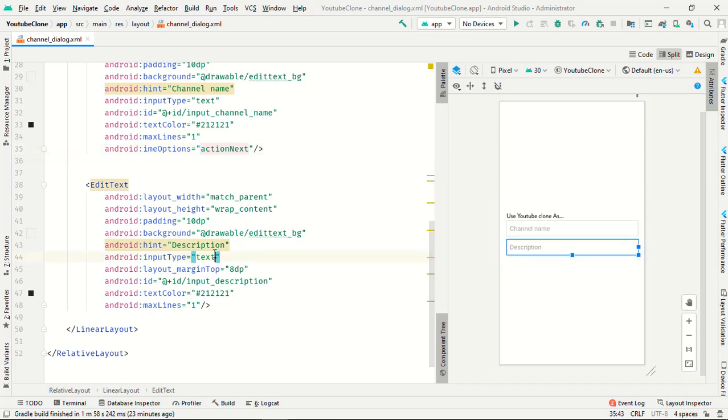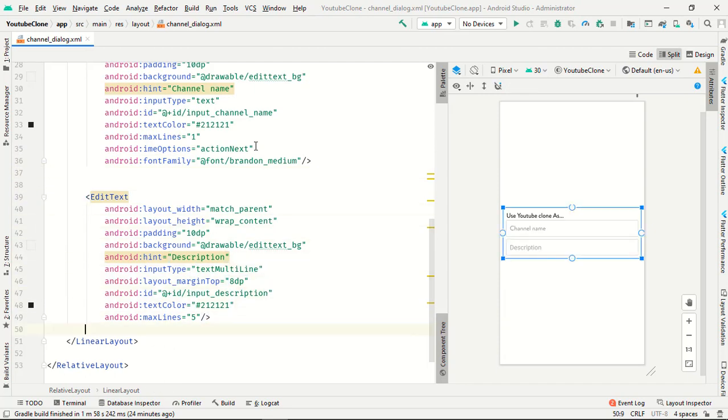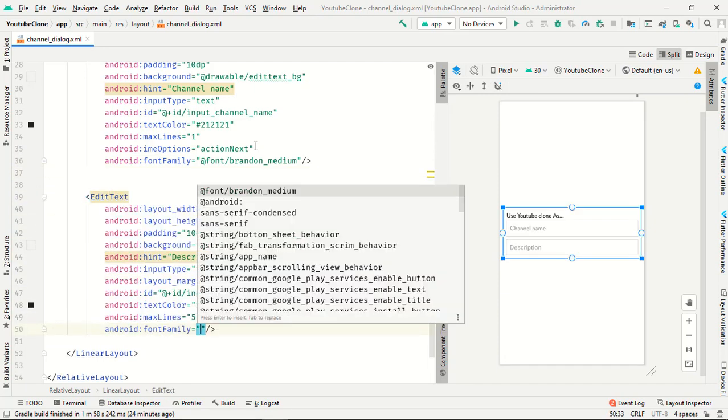Input type is not text but multiple lines, because in the description we are using multiple lines. Maximum 5 lines. Later if you want 6 or 7 you can change it in your app, but now default is okay. Now we can use this font family; it will look fancy.